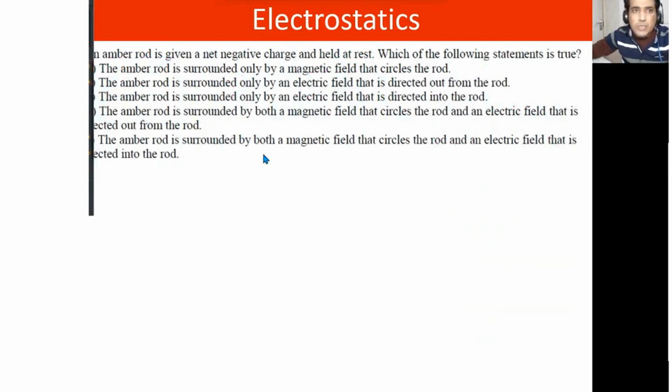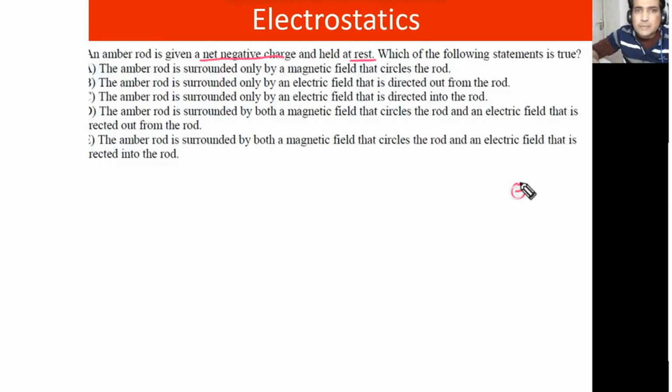Okay, let's try this one now. I think you don't need calculation for this question, but it's a conceptual question. So read this and try to answer. So read question carefully. Okay, let me highlight some points for you. First thing is net negative charge is given and charge is at rest. So which statement is true? So simply the best way is that